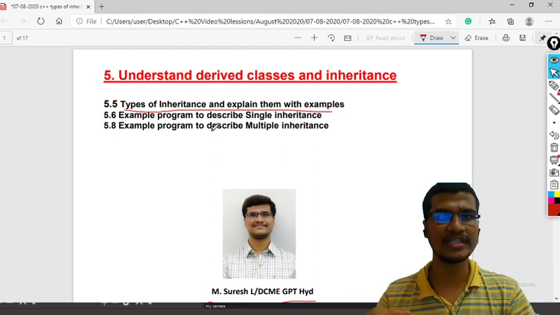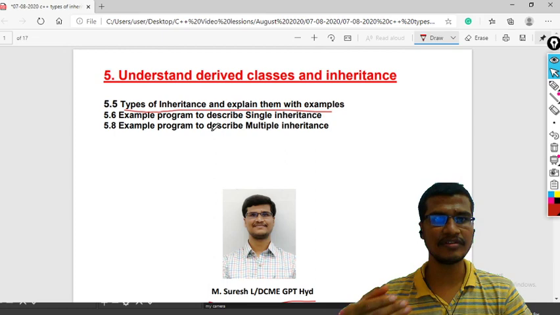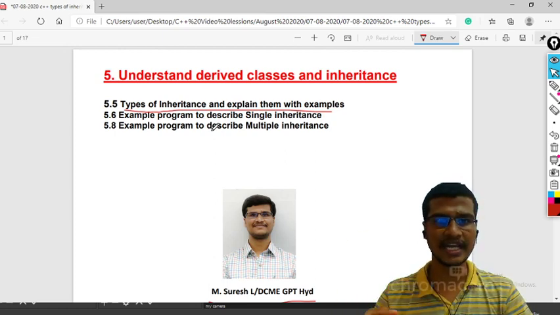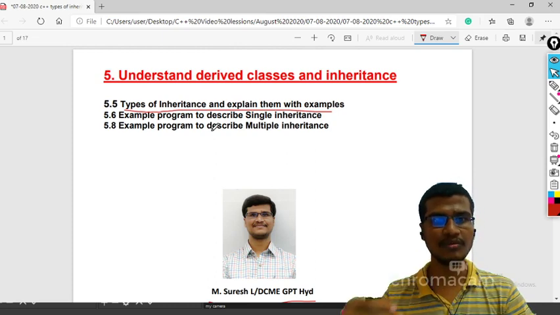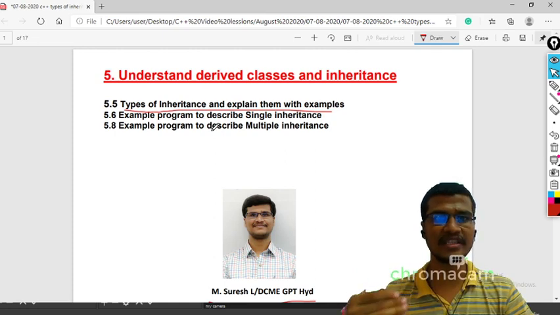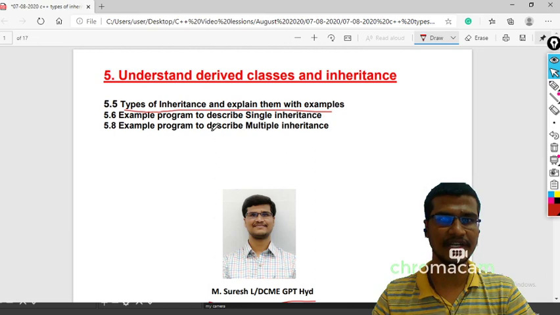Whether a single class is derived from a single base class, or a class is derived from two or more base classes, or two or more derived classes are derived from the same base class. Based on these concepts, I can define the different types of inheritance.